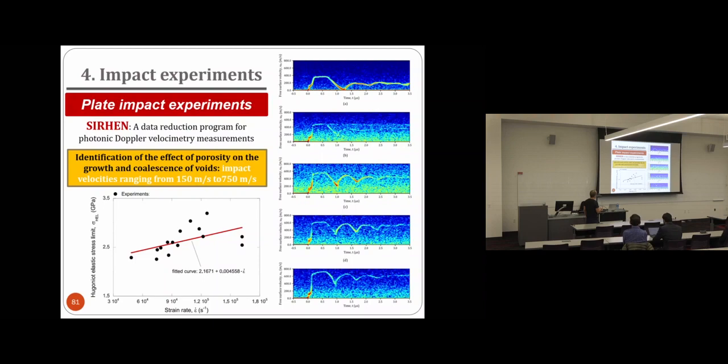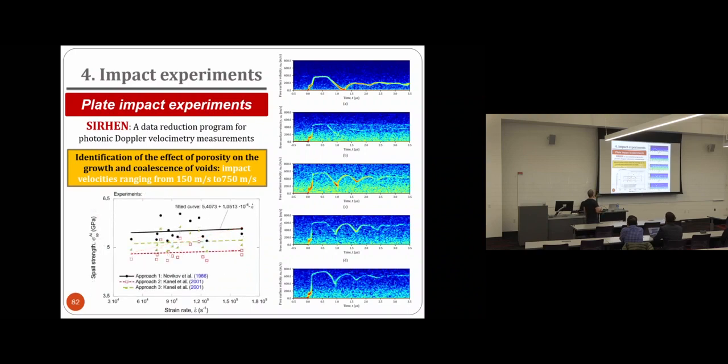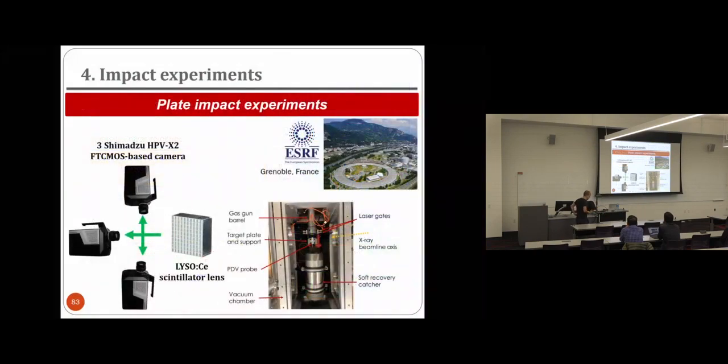So instead of the velocity going to zero, there is a reacceleration of the rear surface velocity, and it goes up, which is the signature of a spall fracture. I increase the impact velocity, and again, the same thing. You can see here that this does not go to zero, like it was in this case. So this is the signature of a spall. Again, higher impact velocity, spall. And with these signals, we can compute the spall strength for different materials and so on. This is, in fact, what we are doing now with Mohammed, trying to understand the spall behavior of certain materials.